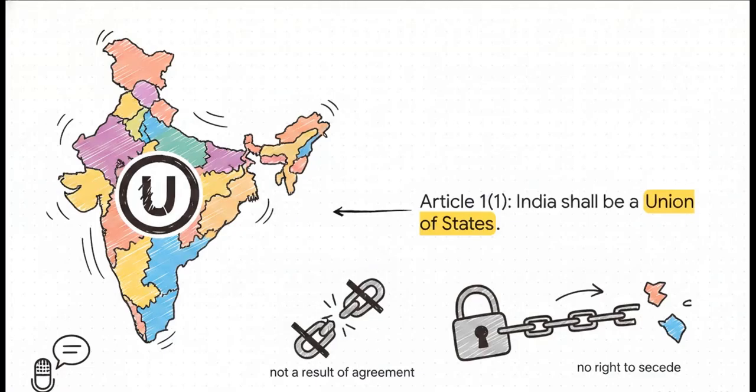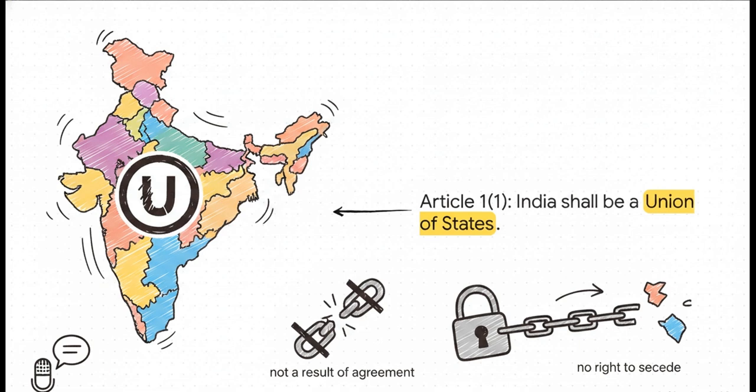Article 1, Clause 1 boldly declares India, that is Bharat, shall be a union of states. Now, notice what word is totally missing there: federation. It's nowhere to be found. The drafters, specifically Dr. B.R. Ambedkar, knew India needed a federal structure because of its massive size and incredible socio-cultural diversity, but they intentionally avoided